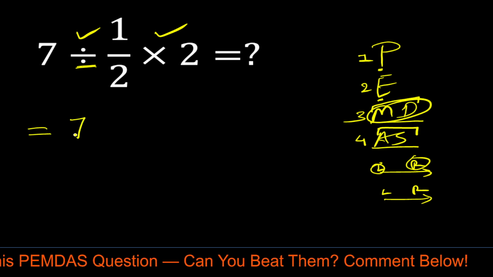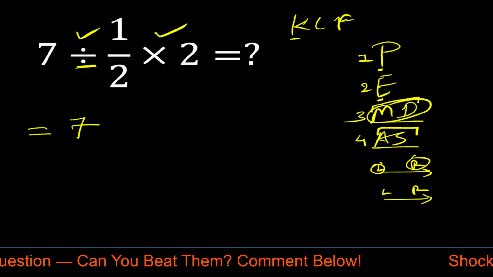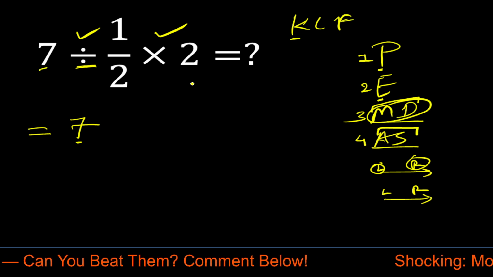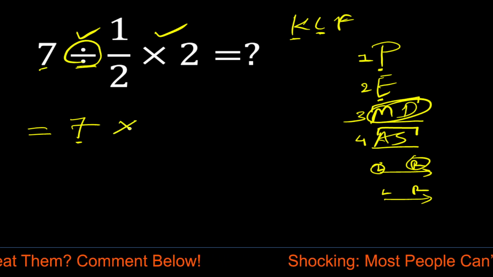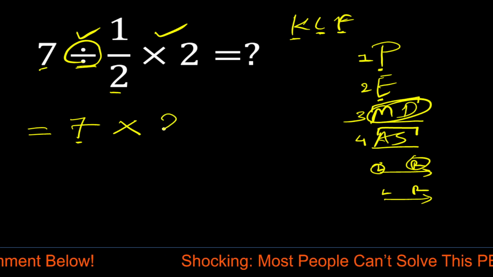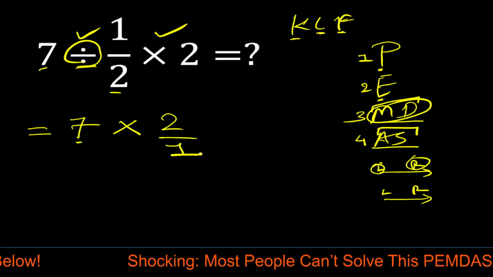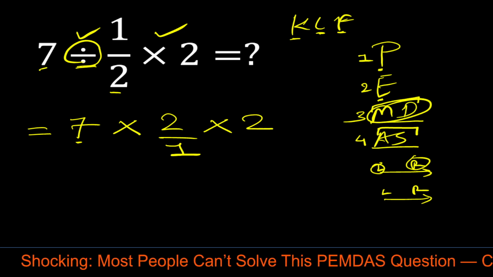So now 7. Now according to KCF rule, K means keep this first 7 as it is same. Then C means change this sign from division to multiplication. Then F means flip this fraction, 1 upon 2 is equal to 2 upon 1 times 2. Right? So now